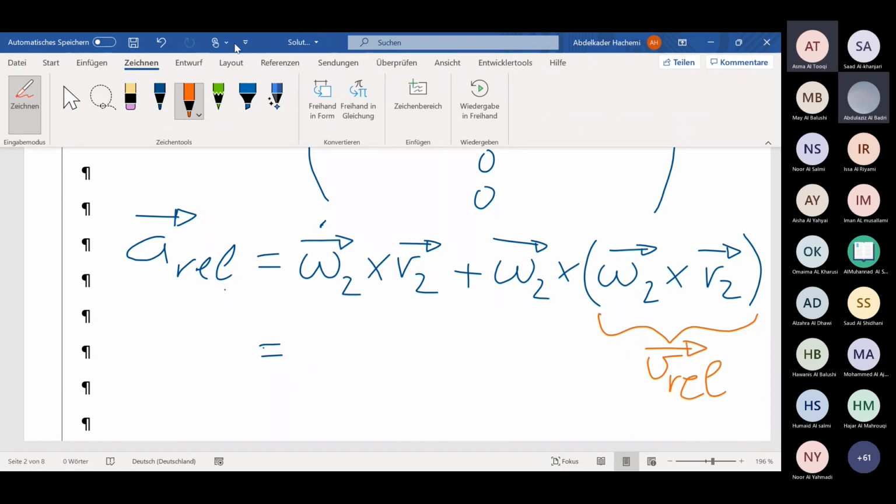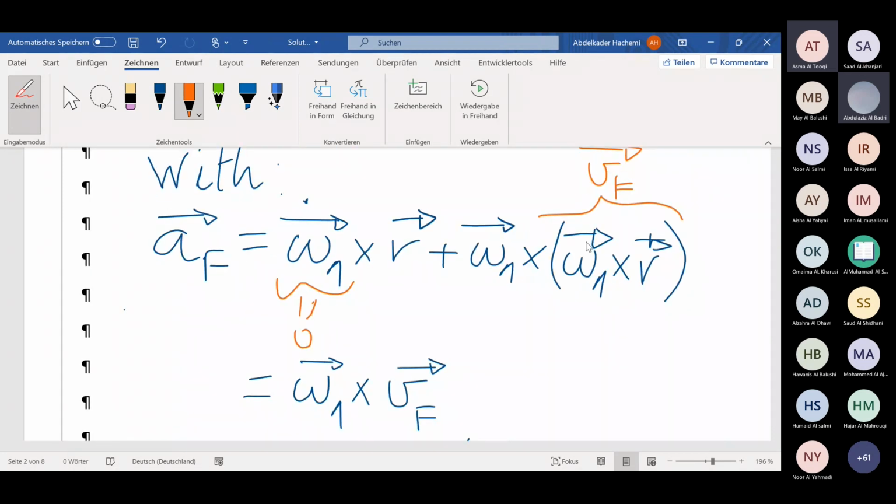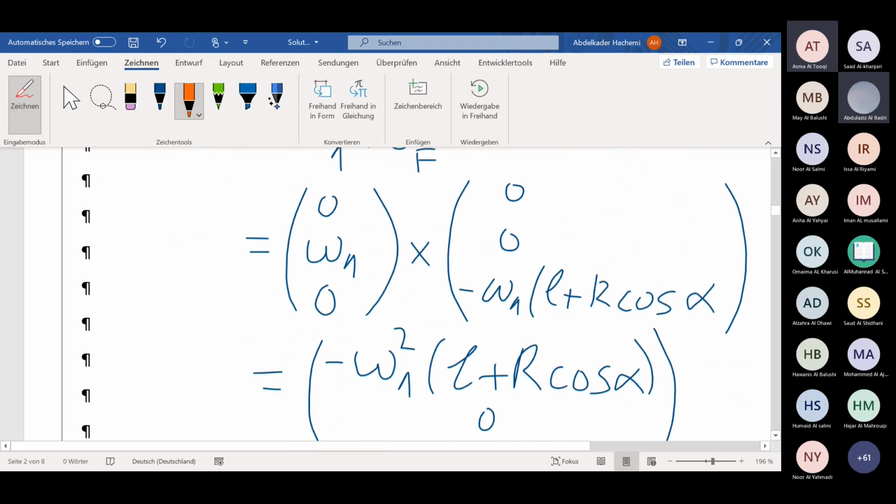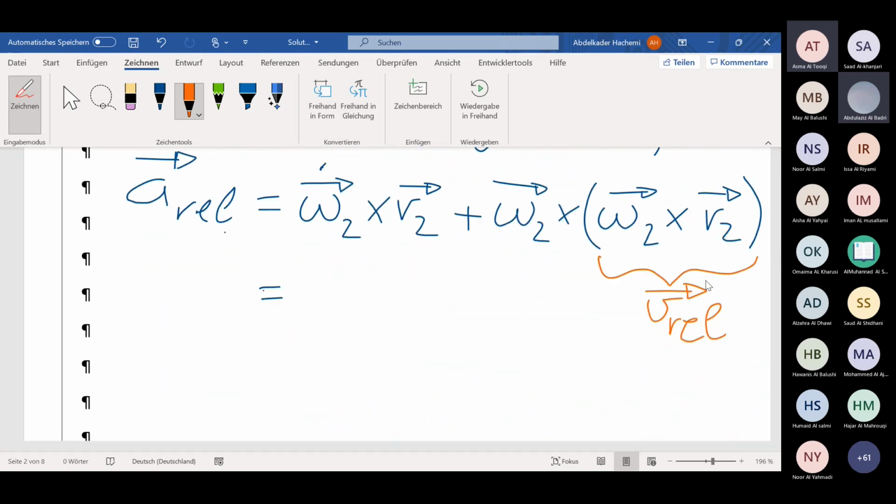As you have seen it here, this one omega 1 cross R, the difference is this is the frame velocity, okay? But here is the relative velocity, okay? The absolute velocity is only the sum of VF plus V relative, as we have seen for the first question,